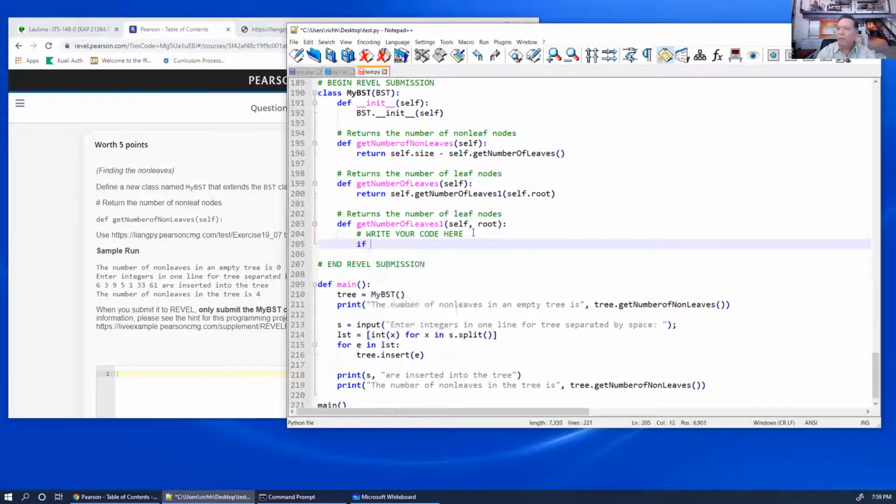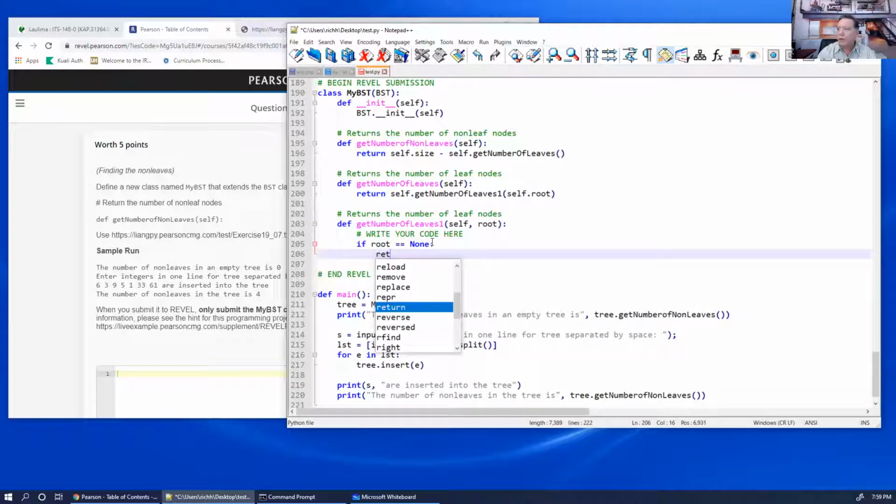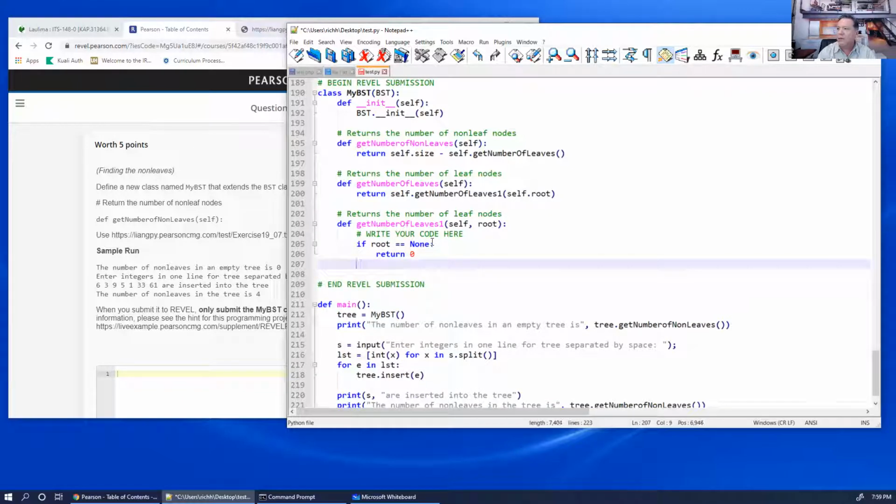So if root is equal to None, if this pointer to the root is None, then we're going to return 0. There are 0 leaves in that tree. Else,